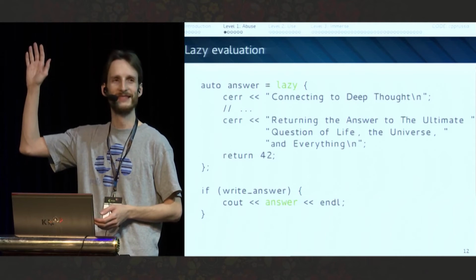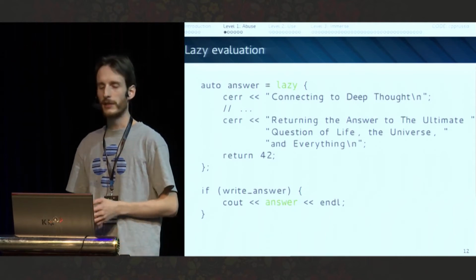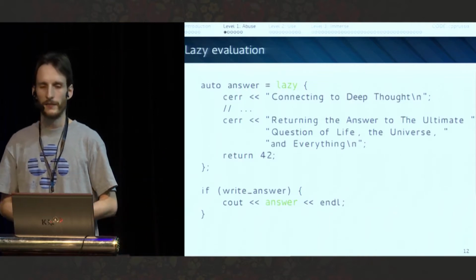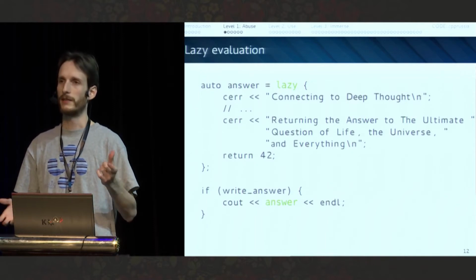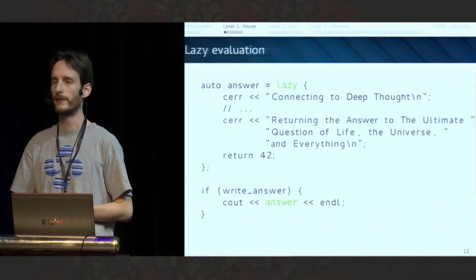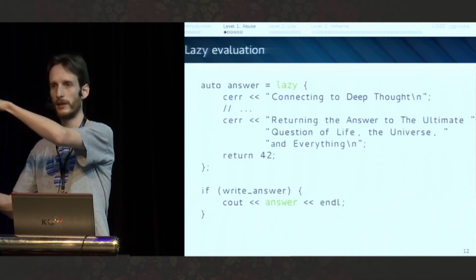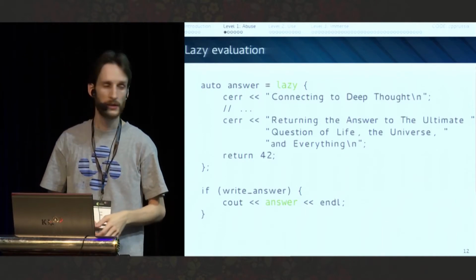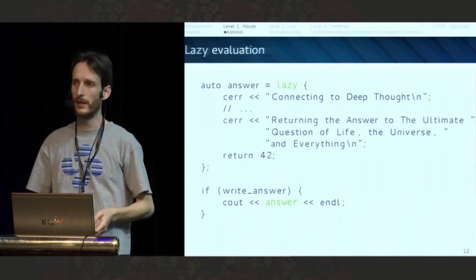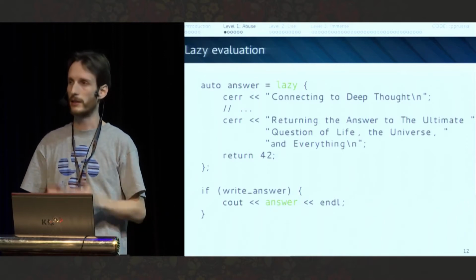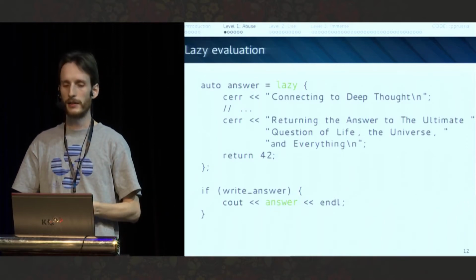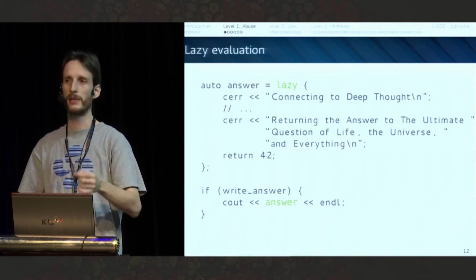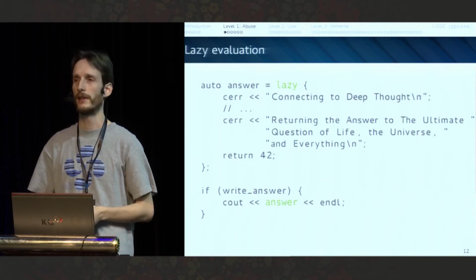Who doesn't? Okay, so we want to have something that looks like a normal block in C++. We are defining a variable that when we ask it for its value, it will evaluate the block, and then the result will be stored in that variable for later use. So if the answer is false, we are never going to evaluate this block of code. And if somebody tries to get the value of answer multiple times, again, at most once, we will evaluate the block.